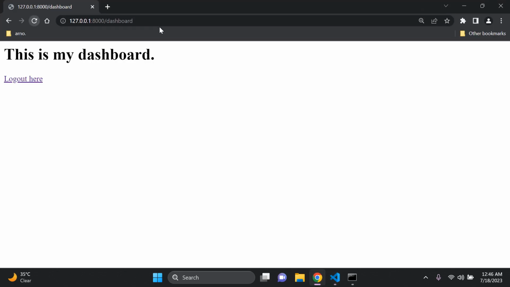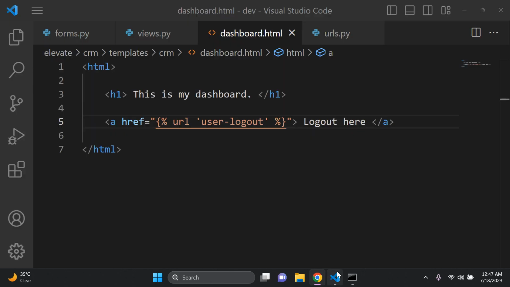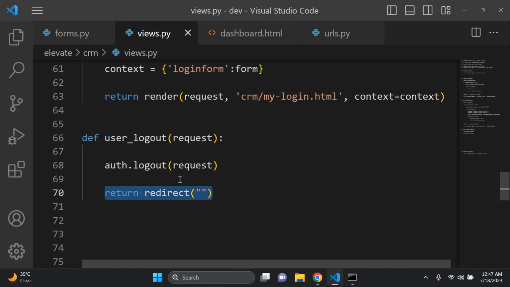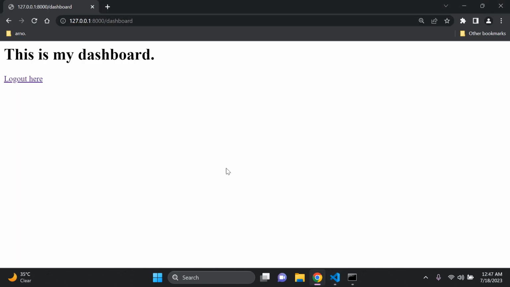And we can just refresh, and there we go, we have an option to log out here. So if we click on this, according to our function, we'll be logged out and sent to the home page. There we go. So that's it. So we've now learned how to register users or create users, how to perform authentication in terms of logging in